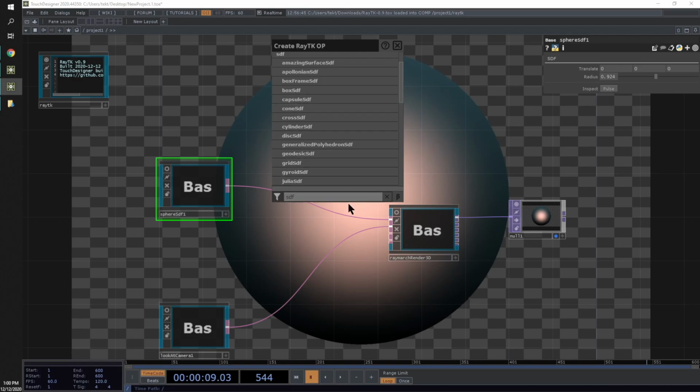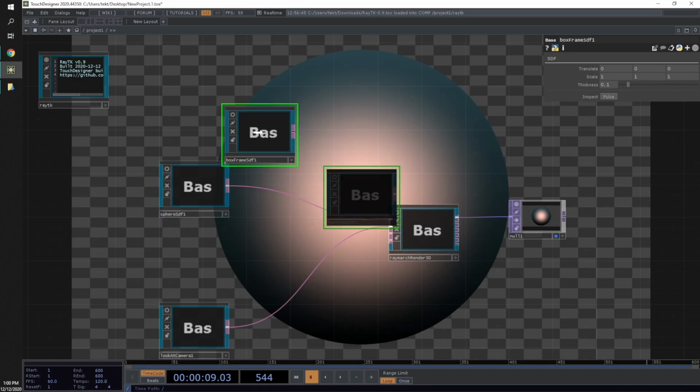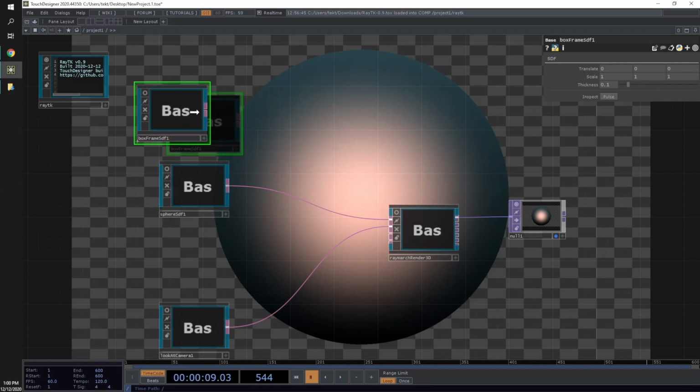So for a sphere, it looks at the distance between the center of the sphere and the point that you're looking at, and then looks at the radius of the sphere to see how far away it is along that line. So there's a whole bunch of different SDFs that define different kinds of shapes. We've already used a sphere, so now we're going to try a box frame. Okay, so if we swap that in here,